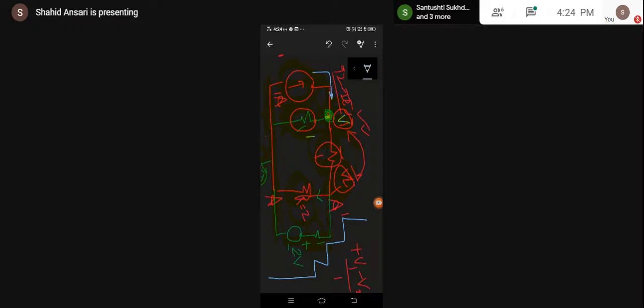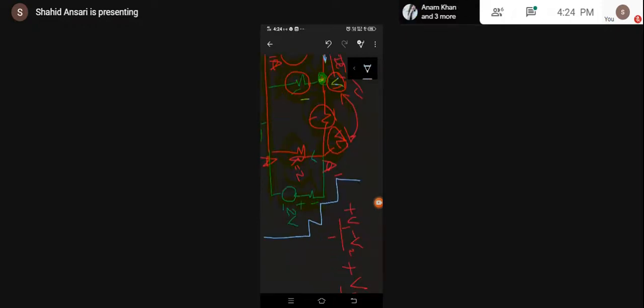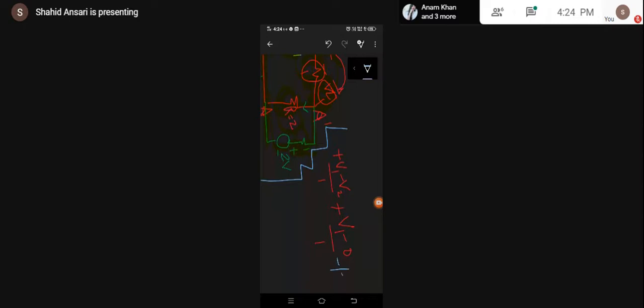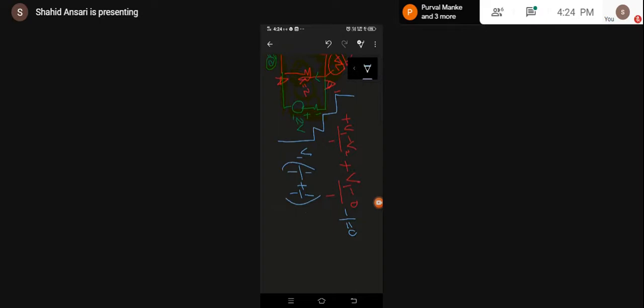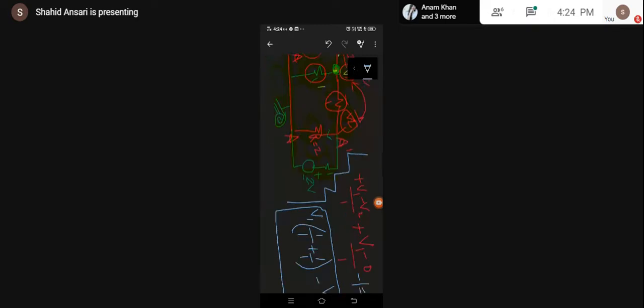If it is toward the node, then you will be writing minus. So I will write here minus I1, and if it is away, I will write plus. So it will be minus 1 ampere equals 0. For simplification, this will be 1 by 1, again this will be 1 by 1, and this will be V2 by 1. This is the conventional method which we used to prefer, but you must not refer to this. We will see how we can write it directly.